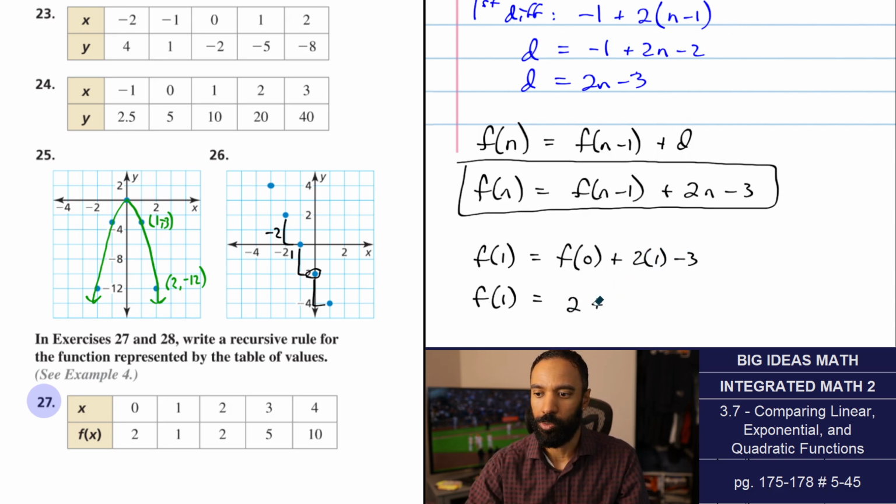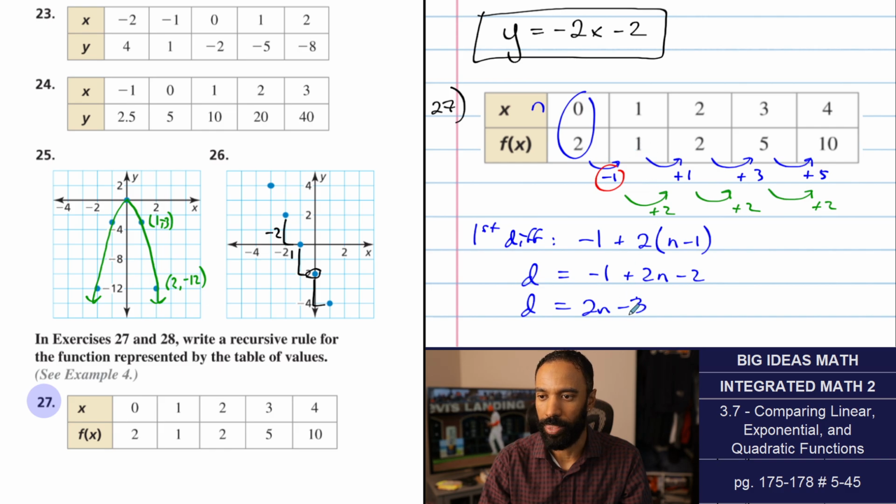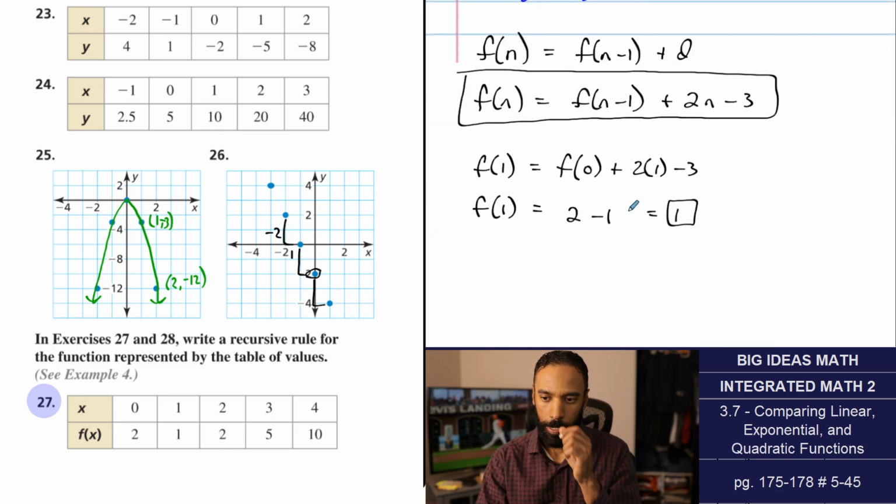You add -1, which means you subtract 1. And that value is 1. We get -1 to get 1 there. The first term is 1. All good. To find the second term,